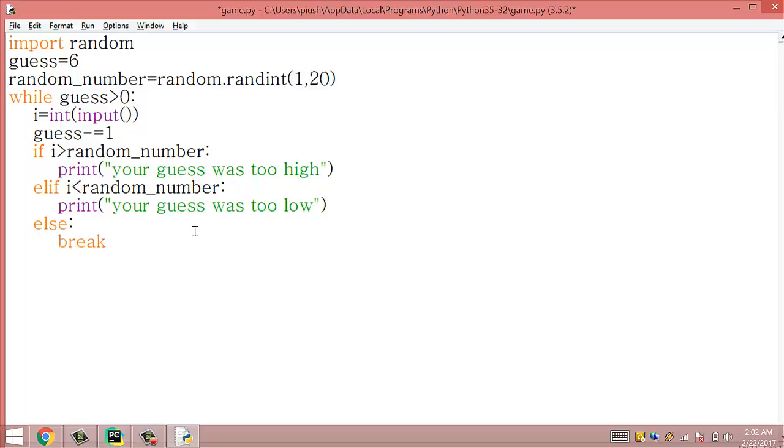So after breaking the loop, it will go to the next line, which is outside of the while loop. And at this point, we only need to check whether our input value is equal to our random number or not. So for that, we again use an if condition. If I equal to our random number, so it will print you